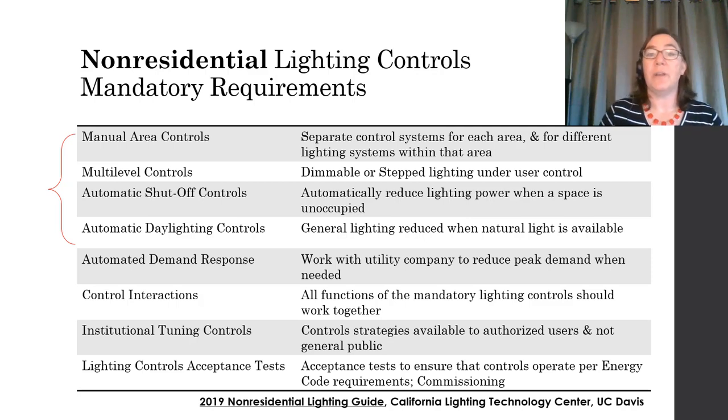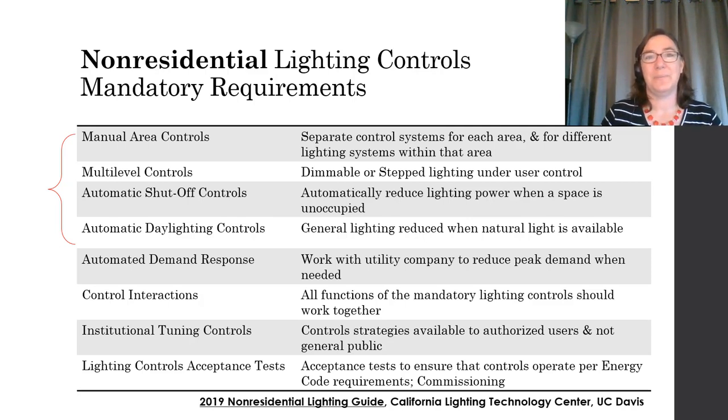And automatic shutoff controls is a requirement to automatically reduce lighting power when a space is unoccupied by shutting it off. Automatic daylight controls is a program where the general lighting of a room is going to be reduced when natural light is available. So when the sun is up and you have light coming in through your windows,